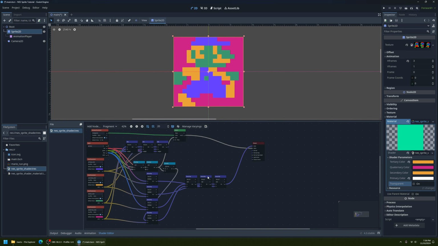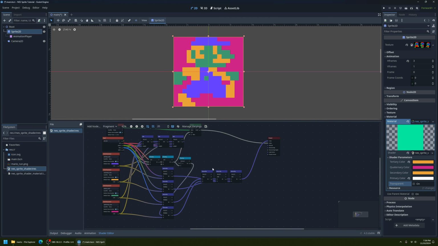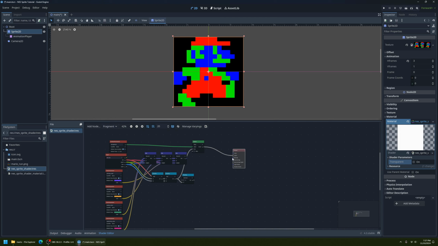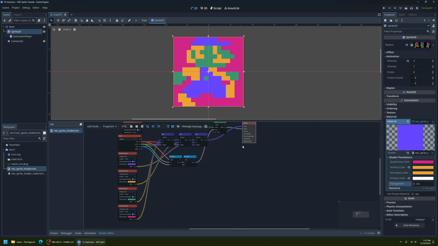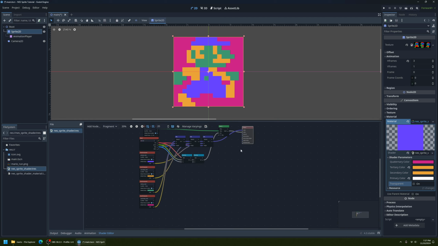So you can go about this either way. There's also other methods of doing this, but these are just 2 different ways in which you can do palette swapping. I'm going to go with the simpler node method here. So let's just plug our vector3 mix node back into color. And we are done with our shader. So we can move on to changing the color of the sprite via GDScript or C#